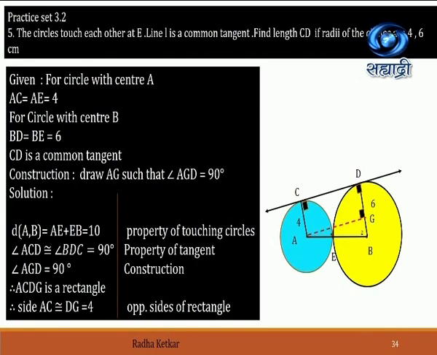So if it is a rectangle, then we can say AC is 4. The opposite side of AC is DG, so that part will also be 4. Okay. So you can see we can divide DB into two parts. One is DG and another one is GB. Out of which we have said DG is 4 and obviously then GB is going to be 2. Now what can we do? We can apply Pythagoras theorem here and we can try to find out the side.